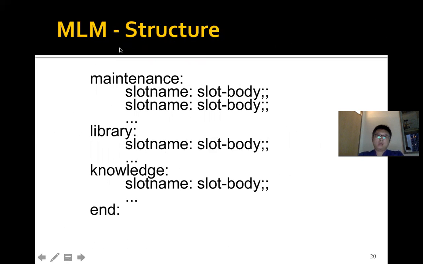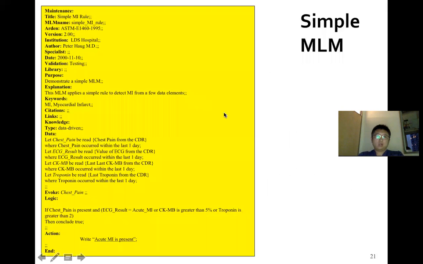In the medical logic module, we have slides like this. Here is a simple one, I think for the myocardial infarction rule. Here are some variables and explanations, and the most important thing